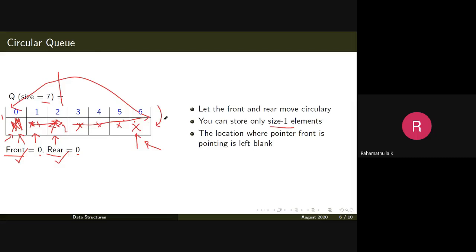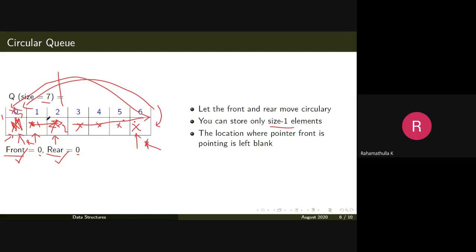At that point of time, if you try an insert operation, then your rear pointer will go back and reset to 0, and the insertion will be done at this position. So x3, x4, x5, and x6 are present. x7 will be inserted at this position, and rear is updated and will be pointing to the 0th position.